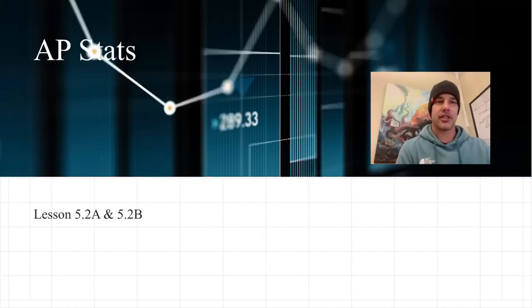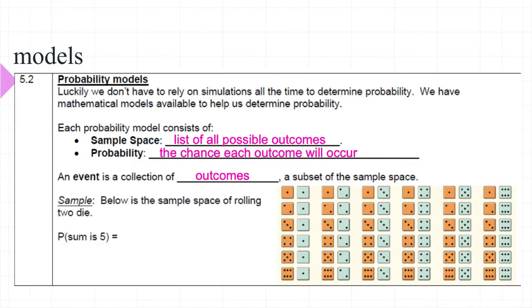Okay, AP Statistics. We're doing lesson 5.2 today, probability rules. Let's get into it. So we're going to look at probability models. Modeling is what we use to represent